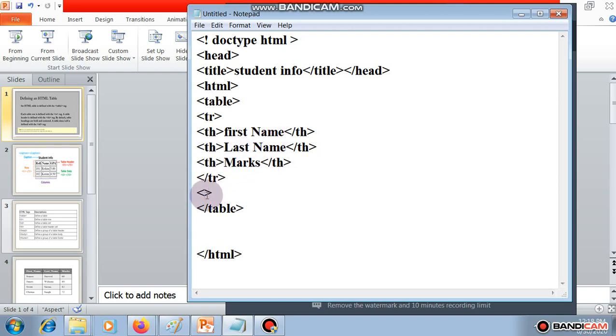And we insert the actual data to our table by using the td tag. First we have to open the tr tag, the second row of your table, then insert the actual data, for example, Pooja, td close.